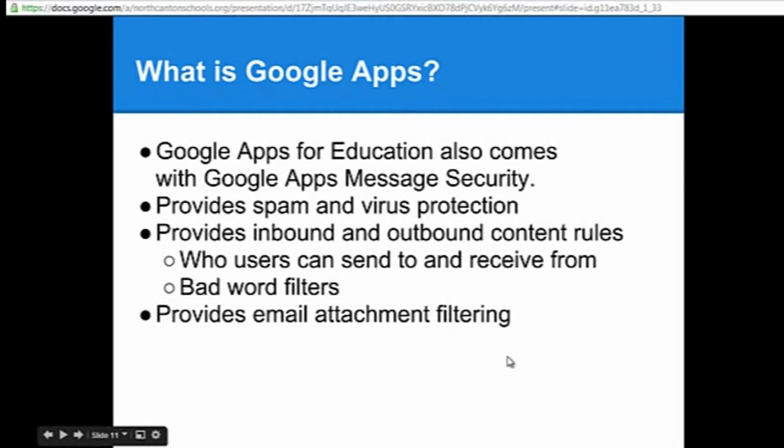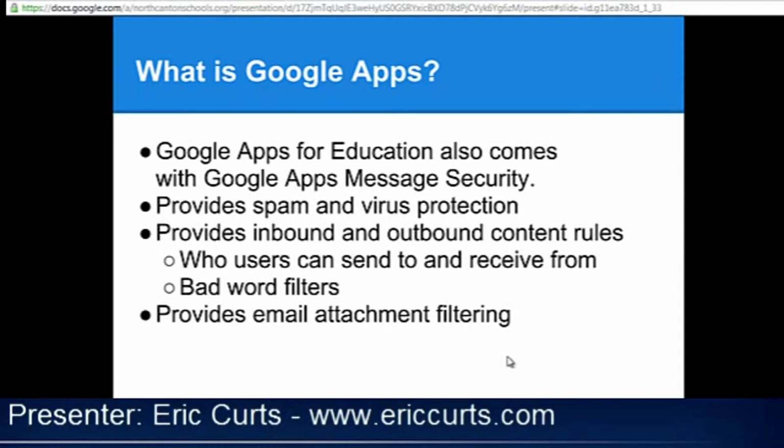What else about Google Apps? Google Apps for Education also comes with what's called Google Apps email security. And this is really nice. I understand you were saying students might be getting Gmail soon. Is that right? That's a big step when you start having students using Gmail accounts. And so you might be concerned. Well, what should they be allowed to do? Who should they be allowed to send email to? What if they send bad things? What about that? Well, you'll be glad to know that Google Apps comes with Google Apps Message Security,